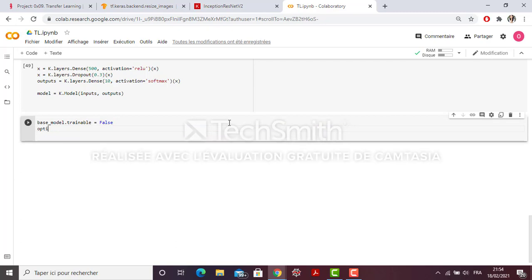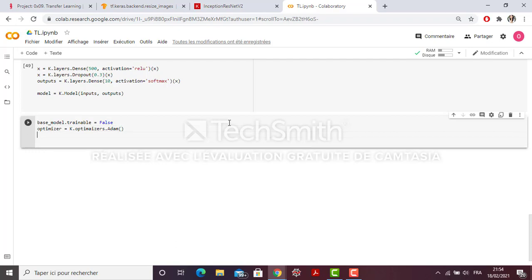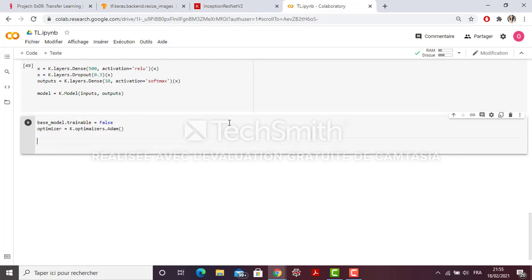Let's say the optimizer is Adam, for example, k.optimizer Adam. The next thing is to compile the model. This compiling should be done after setting the layers to non-trainable. So my model.compile.